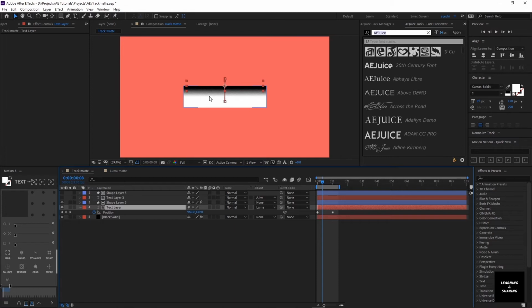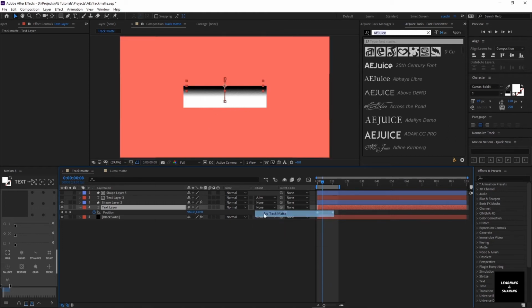As we go into the whiter section, the text layer becomes more visible, if you are using luma, not luma inverted, only luma track matte. Where there is black, the text layer won't be visible. Where there is white, the text layer will be visible. So the text layer won't be visible in this region, then in this gray region it will start to be visible, and then at the white region it will be fully visible.